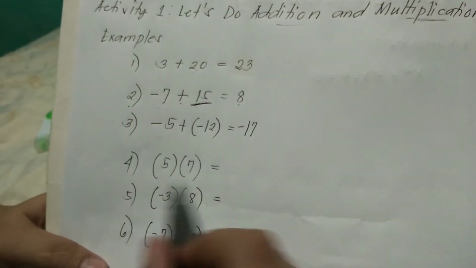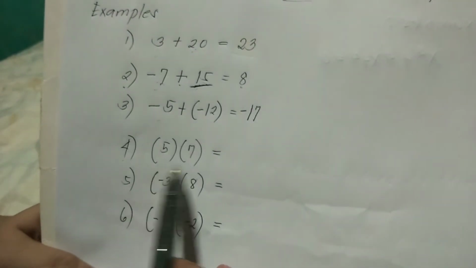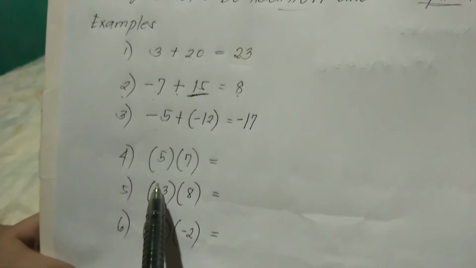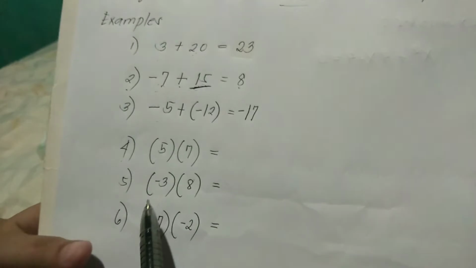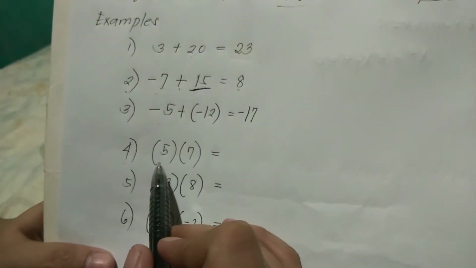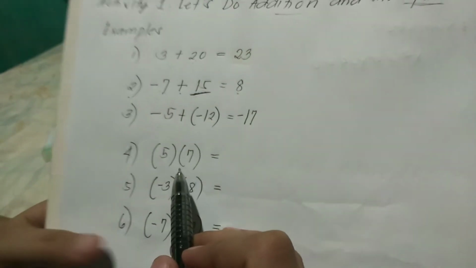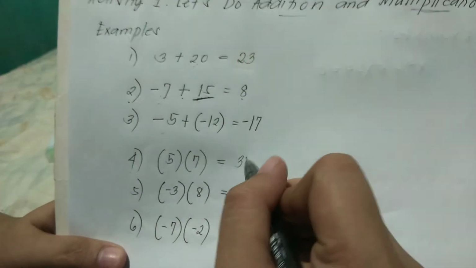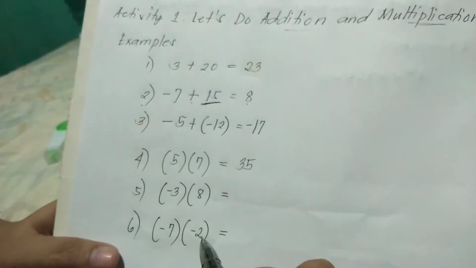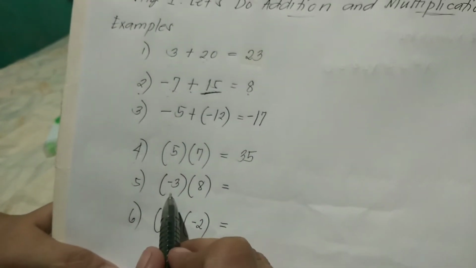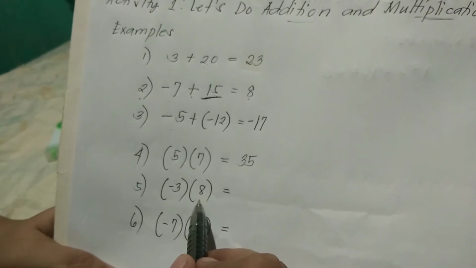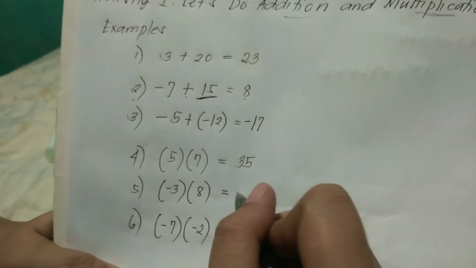Okay, next, multiplication naman po tayo. Pag nakita nyo pong magkatabi sila na may parenthesis po sila, that indicates multiplication. So, positive 5 times positive 7 is positive 35. Next, negative 3 times positive 8 is negative